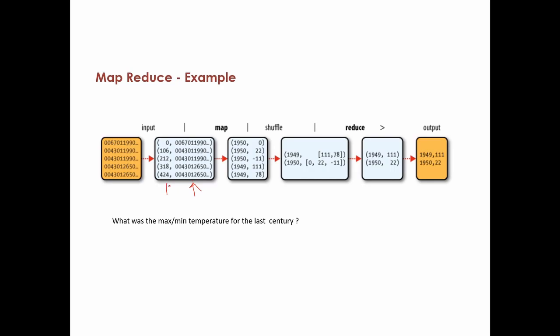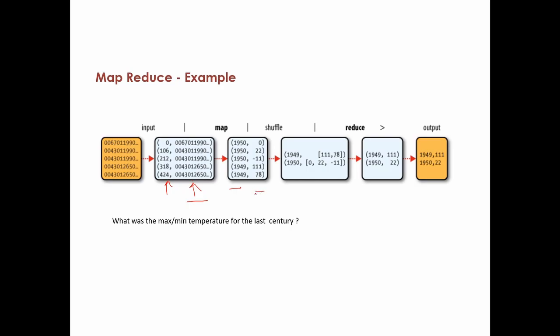So this is just a record ID, and in the values you have the temperature followed by the date. And now your mapper will output the record year, and the